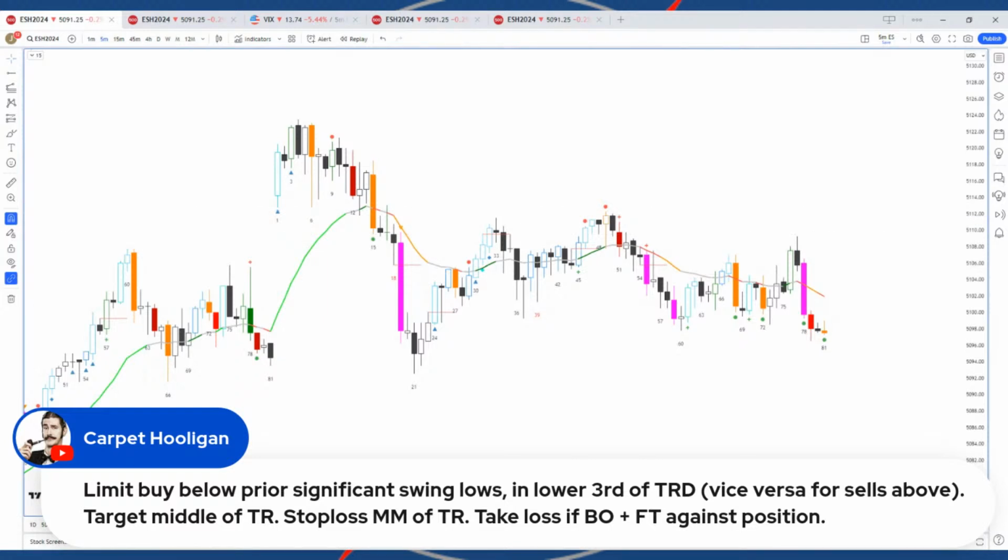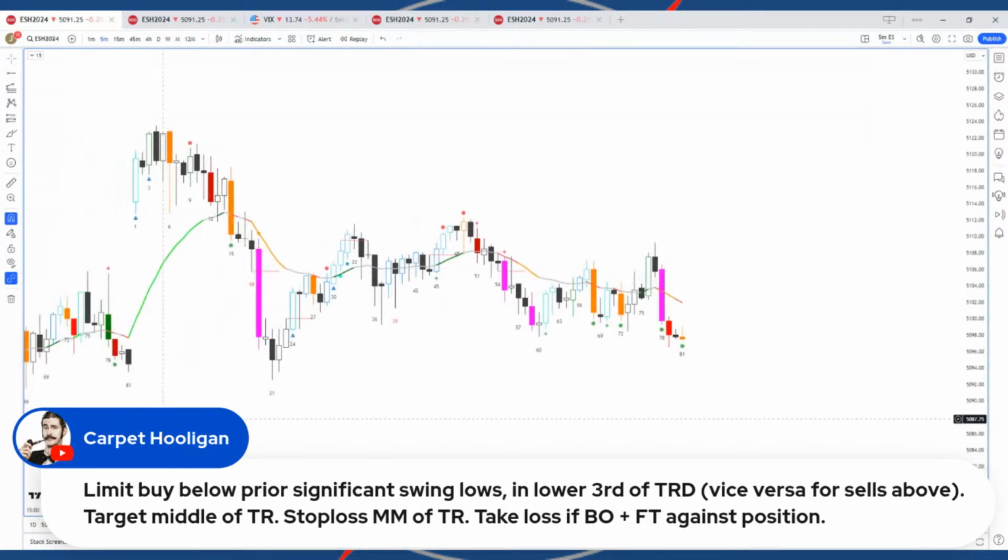the breakout and follow through against a position is true for any trading range. It's true of a bar and it's true of a trading range on the daily time frame. So like this is a trading range bar. So if you got a breakout and follow through, you would anticipate that on a lower time frame you're getting a breakout and follow through, and that there are some calibrated expectations that you can bring into this. Those levels will also get retested. So stop losses at a measured move.